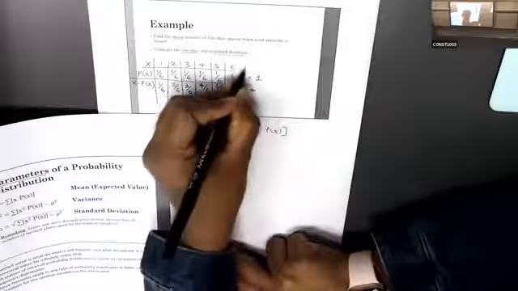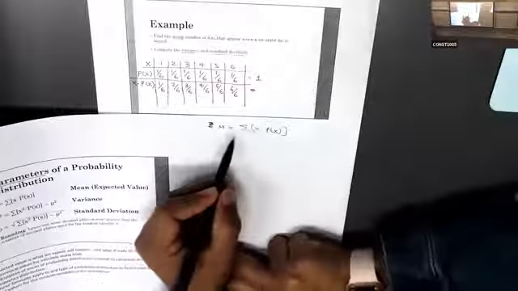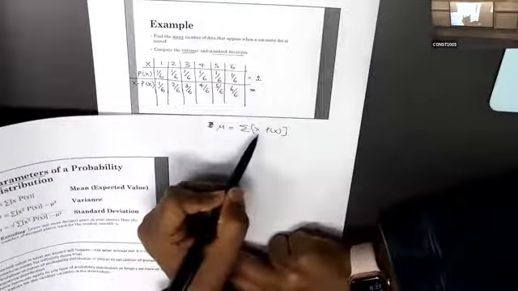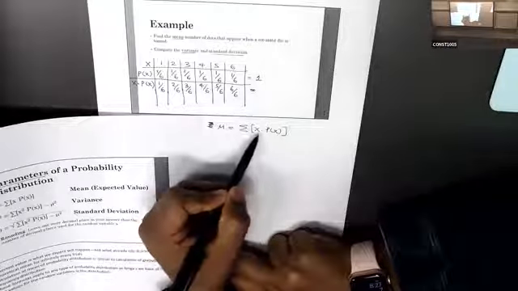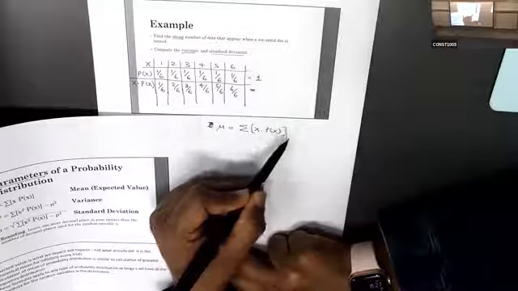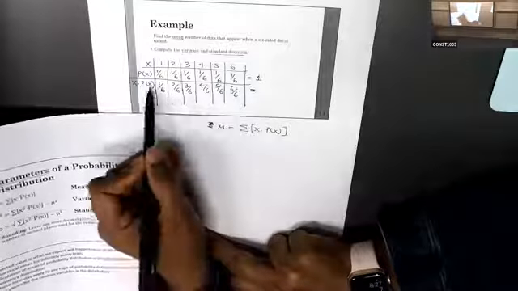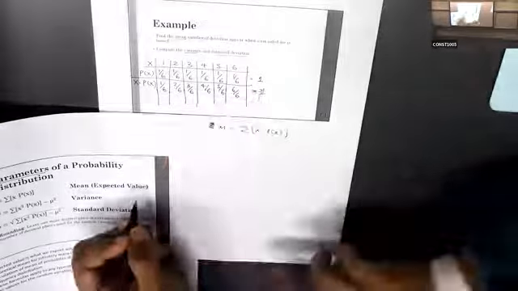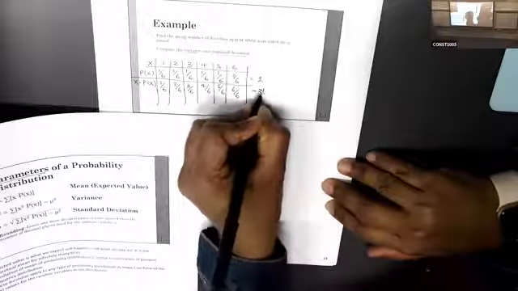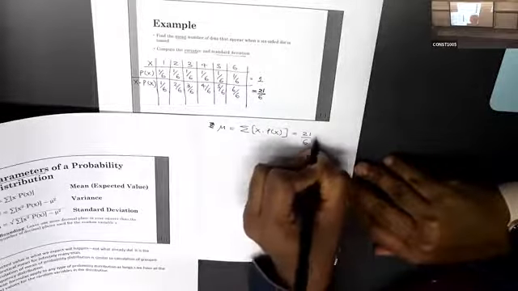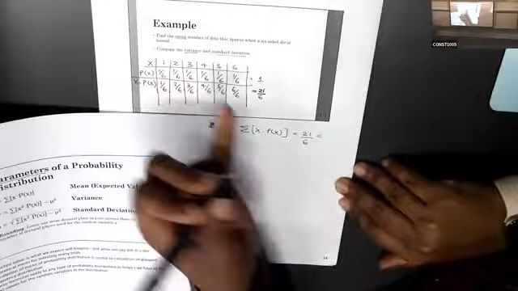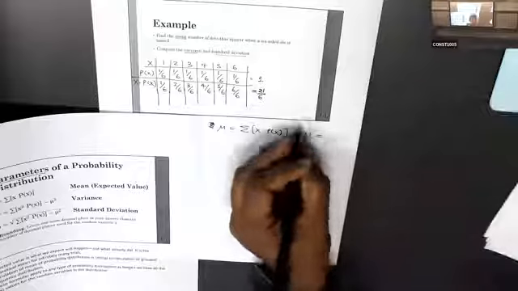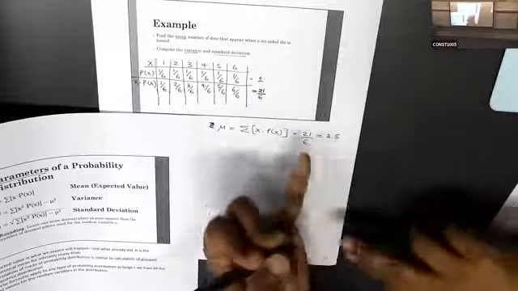So to get the answer, what is the mean? You have to add them all. Add them all means what? You have to add all, because we have the square brackets. You have to add all x times px. That means you have to add these values. So what is the answer? Yeah, 21 over 6. So this is the answer. So I will write it here, 21 over 6. Then here we have integer values. So write up to 1 decimal point. 3.5.